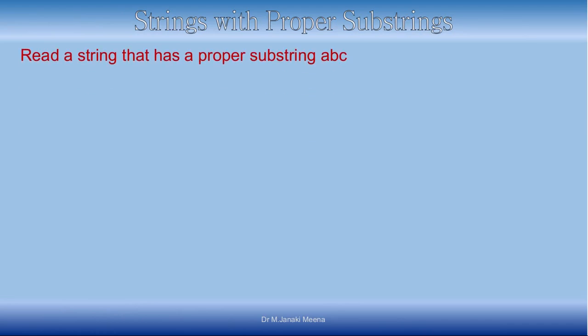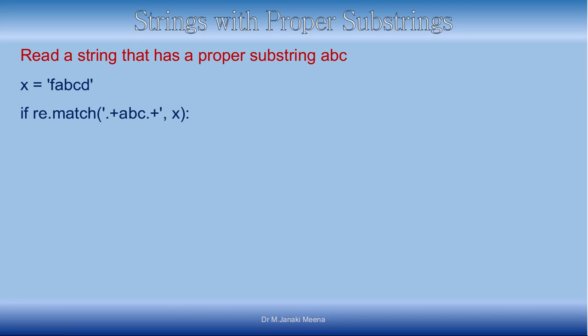Next, what we are going to see is proper substring. Previously we were saying substrings, that it can be anything. What is meant by a proper substring is that the string cannot be the substring alone. So now we are going to see a proper substring of ABC. Actually this is a proper substring because there are some more characters, so we say this is a proper substring.